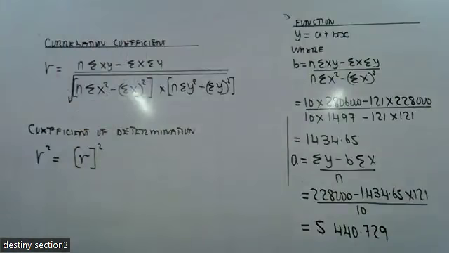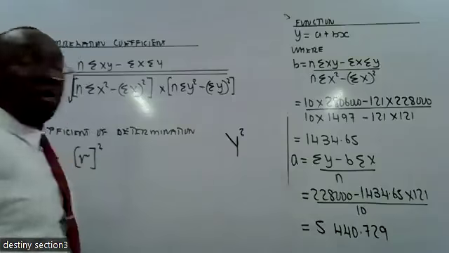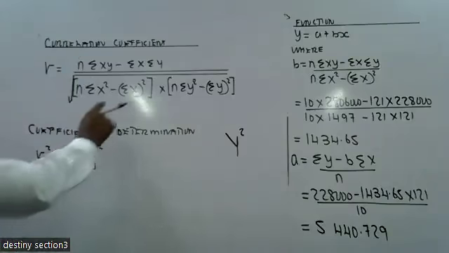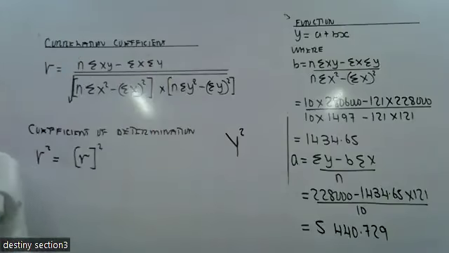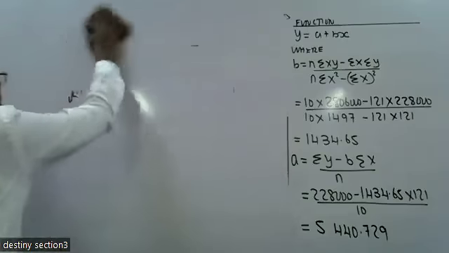So what we should have done, if we wanted to get these values in the question, the only column we needed to add was y squared. Then you get this value, then you substitute. I had said you leave a space so that you have that. Okay, from there write what is called